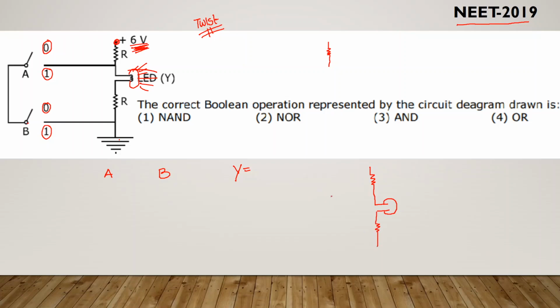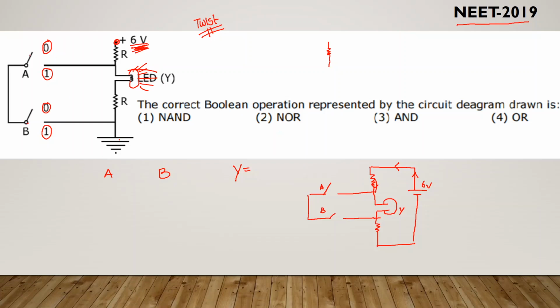Now what has happened? Here there is an input, and here there is another input. This is A input. This is B input. Now here a battery of 6 volt is applied. This is what 6 volt represents. Now current will be flowing in this direction. Now everyone concentrate here. This is output. Already it is lighting. The bulb is lighting because 6 volt current is flowing through this.